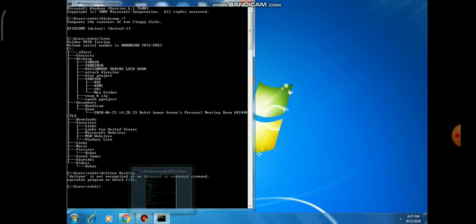Basically this deltree command is used in older versions, such as MS DOS and Windows ME and some other Windows versions, but it is not an active command for Windows 7, Windows 8 and Windows 10. Basically it is used in previous older versions. So if you want to use the deltree command for practical purposes, then you have to use an older operating system.